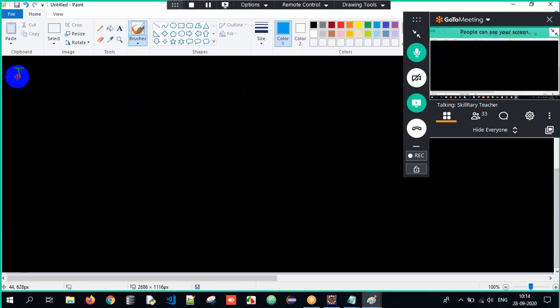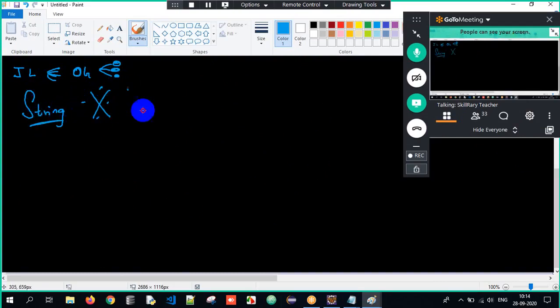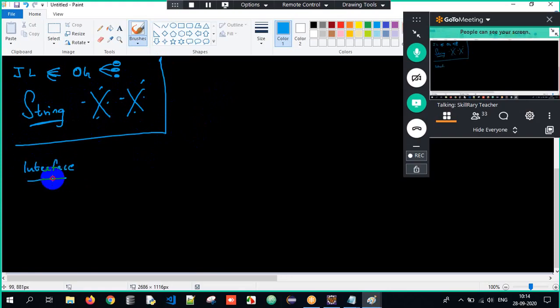So we understood Java libraries, the different packages, the object class, and three important methods: equals, hash code, toString. And the string class, which is very, very important, we are supposed to discuss in tomorrow's session. Before that, I have a few things to talk about now. A few days back, we did the interface concept, correct? Probably before abstraction, 3 or 4 days back. We spoke about something called interfaces.